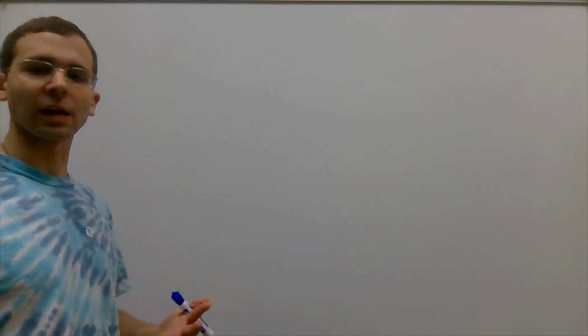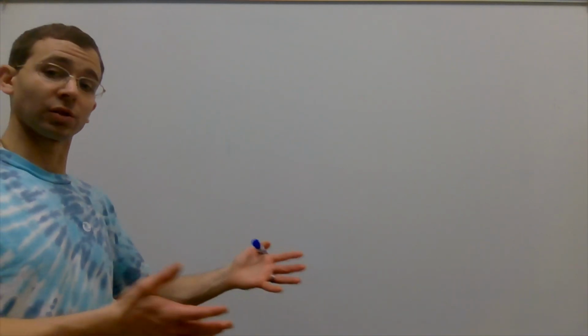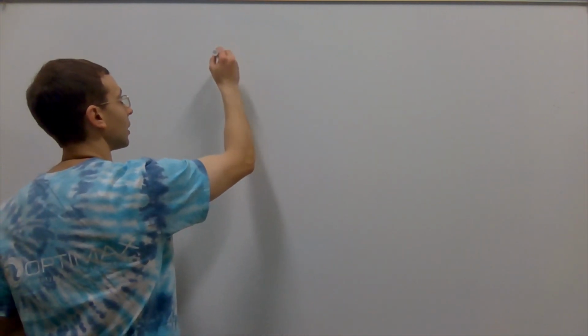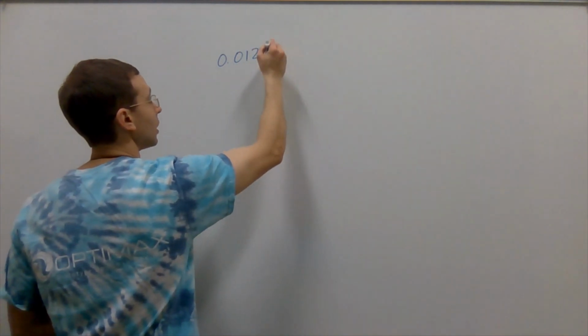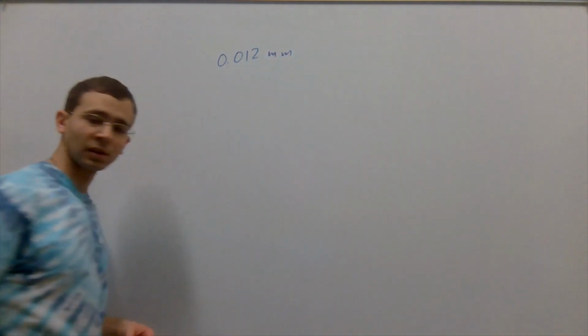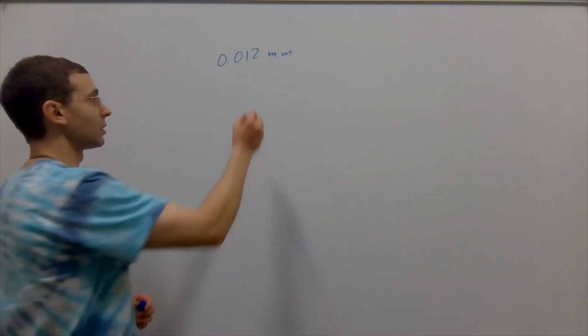Sometimes it's useful to change from one unit to another, even in the metric system with these convenient units. For instance, if you're talking about a fraction of a millimeter, at some point you're working in that range so much, you might as well start talking in terms of microns, that sort of thing. So say, for instance, if you're looking at 0.012 millimeters, this could be easily rewritten as